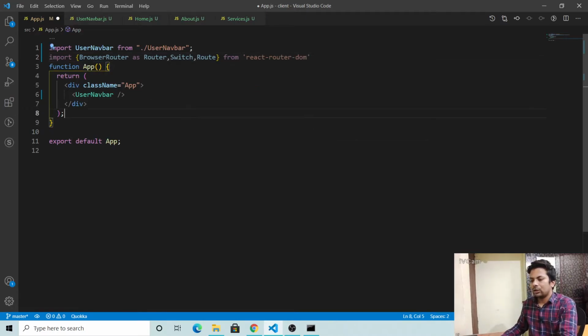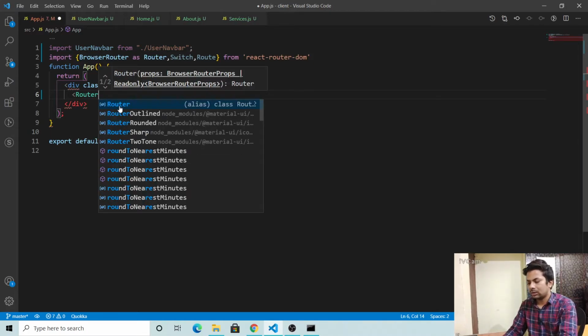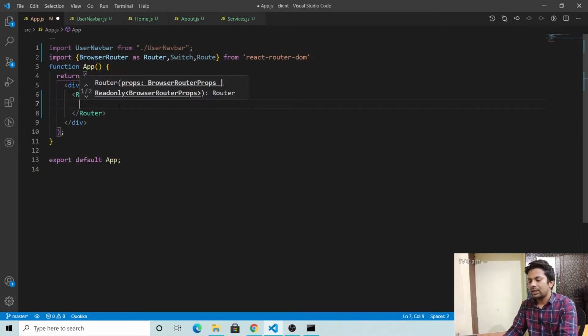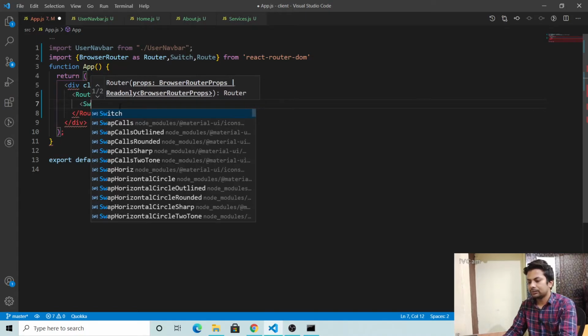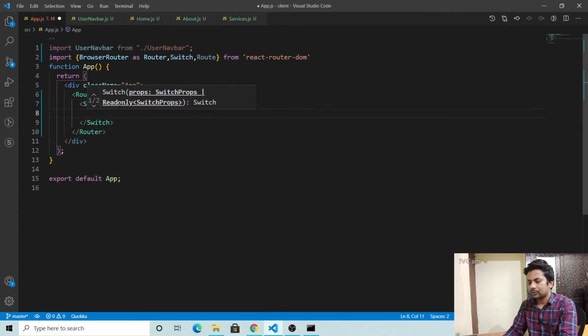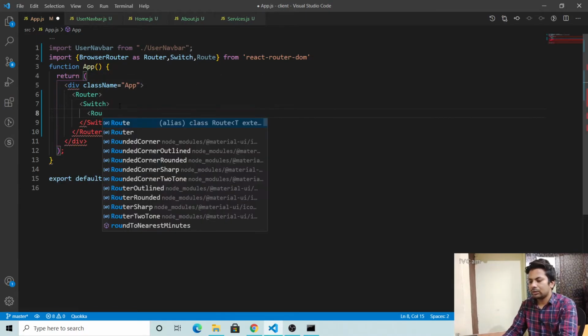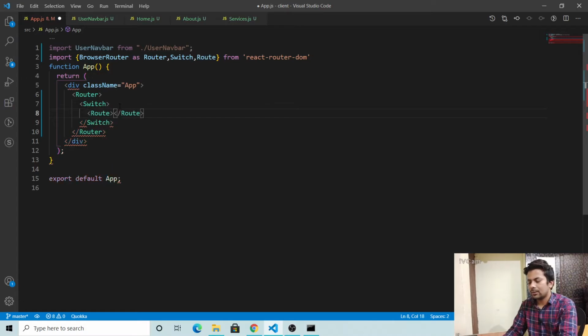Yeah, now let the nav bar be there. Firstly, remove the nav bar. Yeah, so now just create Router, and here we'll create Switch, here we'll create Route, and here we'll import the components and write the components here.